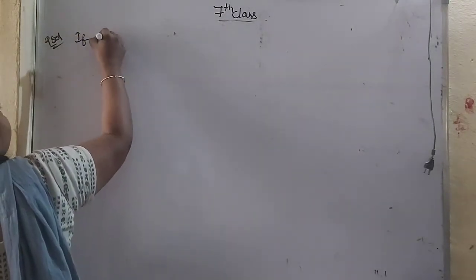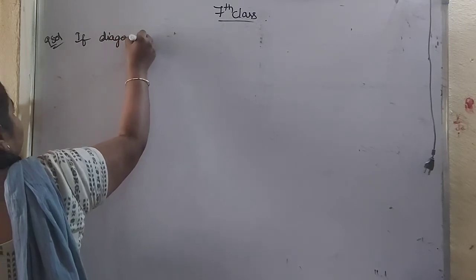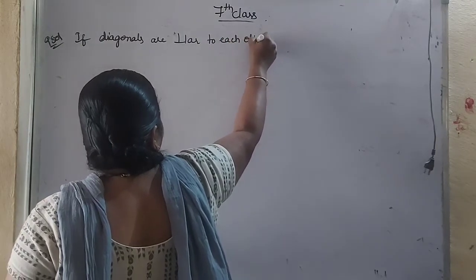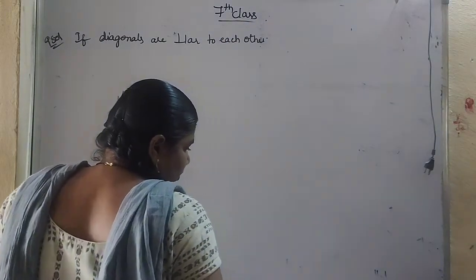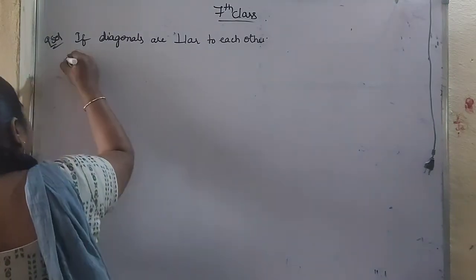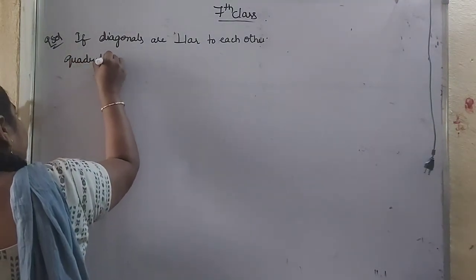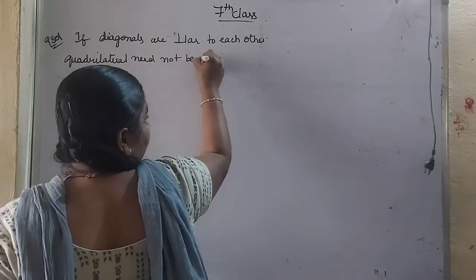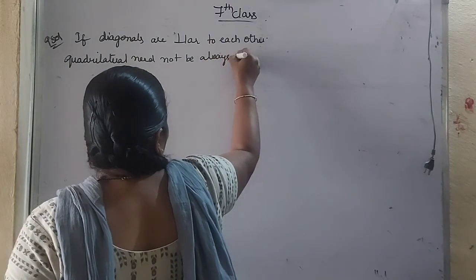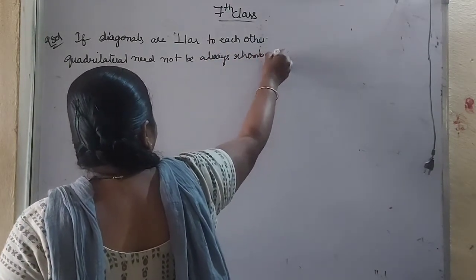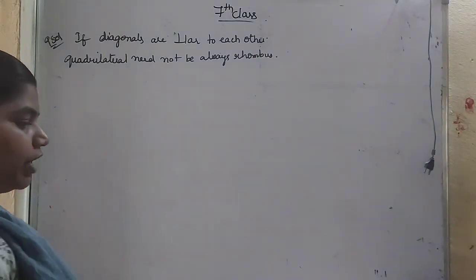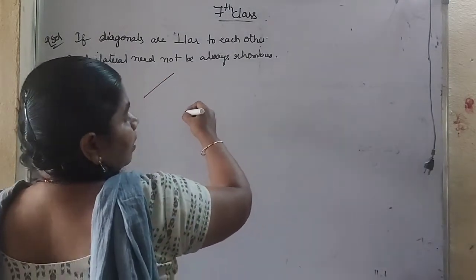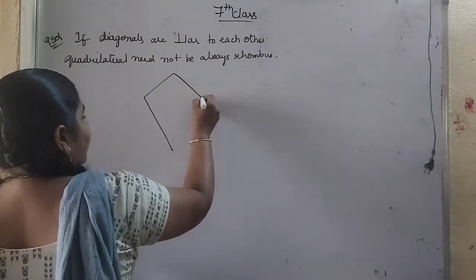If diagonals are perpendicular to each other, the quadrilateral need not always be a rhombus. So it can be any type of figure. So we have to draw a figure and justify our answer. So I am drawing a figure. So I am taking this as a